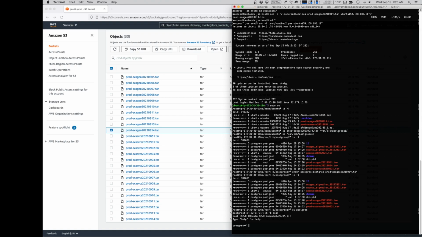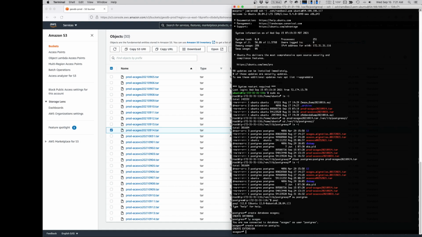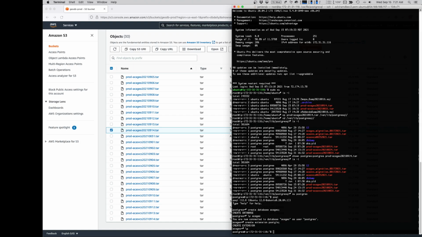and log into psql and create database acageo and connect to acageo, and then create extension postgis. Now we have a new database with the Postgres extensions ready to go. I can quit psql, and